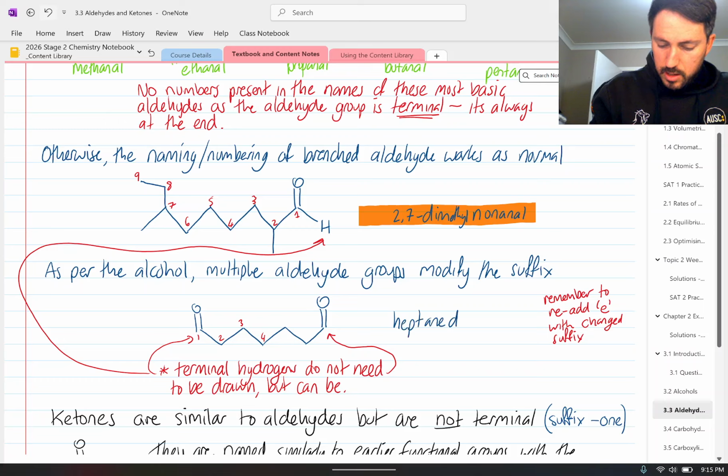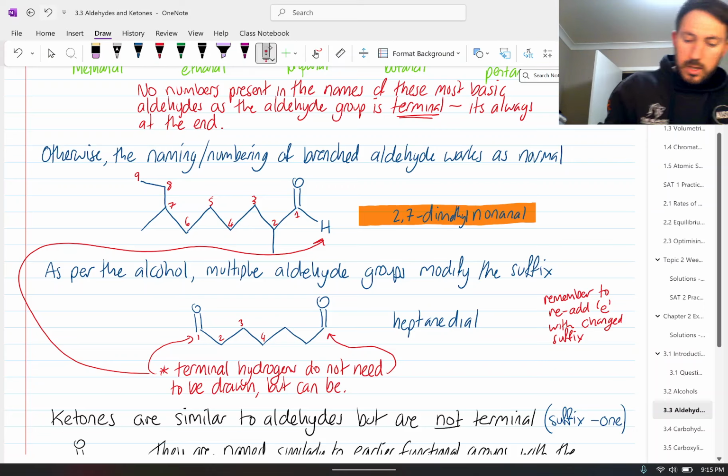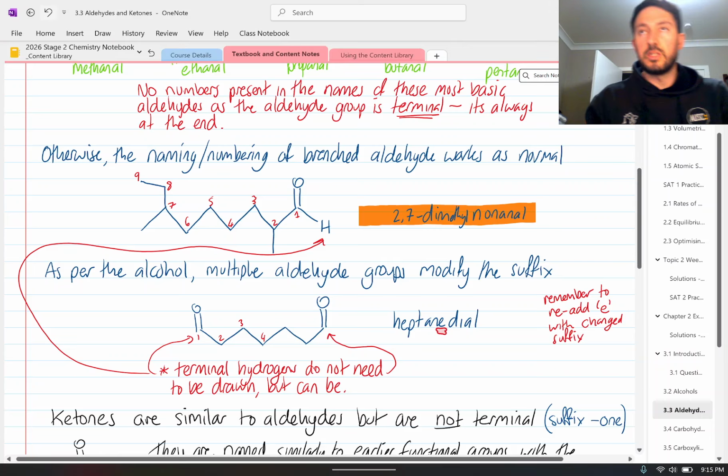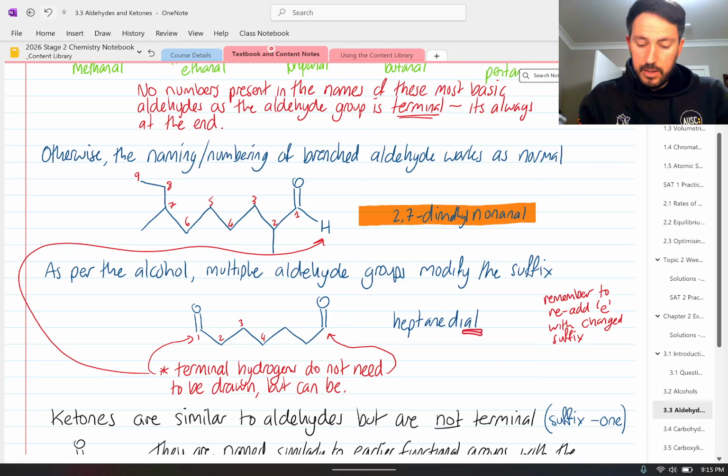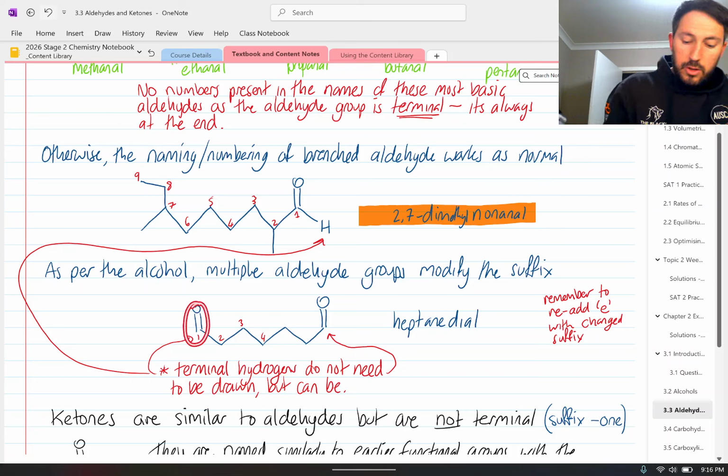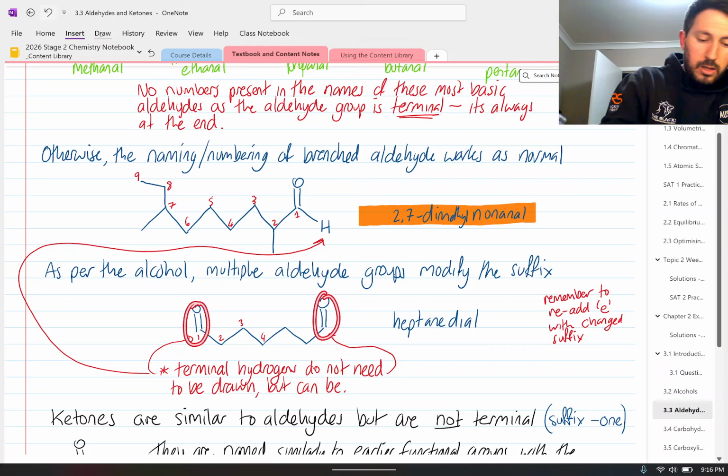Heptanedial. Now we did have to include the E back. So just like our diols, if our suffix is changed from beginning with a vowel to a consonant, so instead of al, it's dial, we need to add this E again. So in this particular case, we have heptanedial. Now there are no numbers, again, because even though this is carbons 1 and 7,